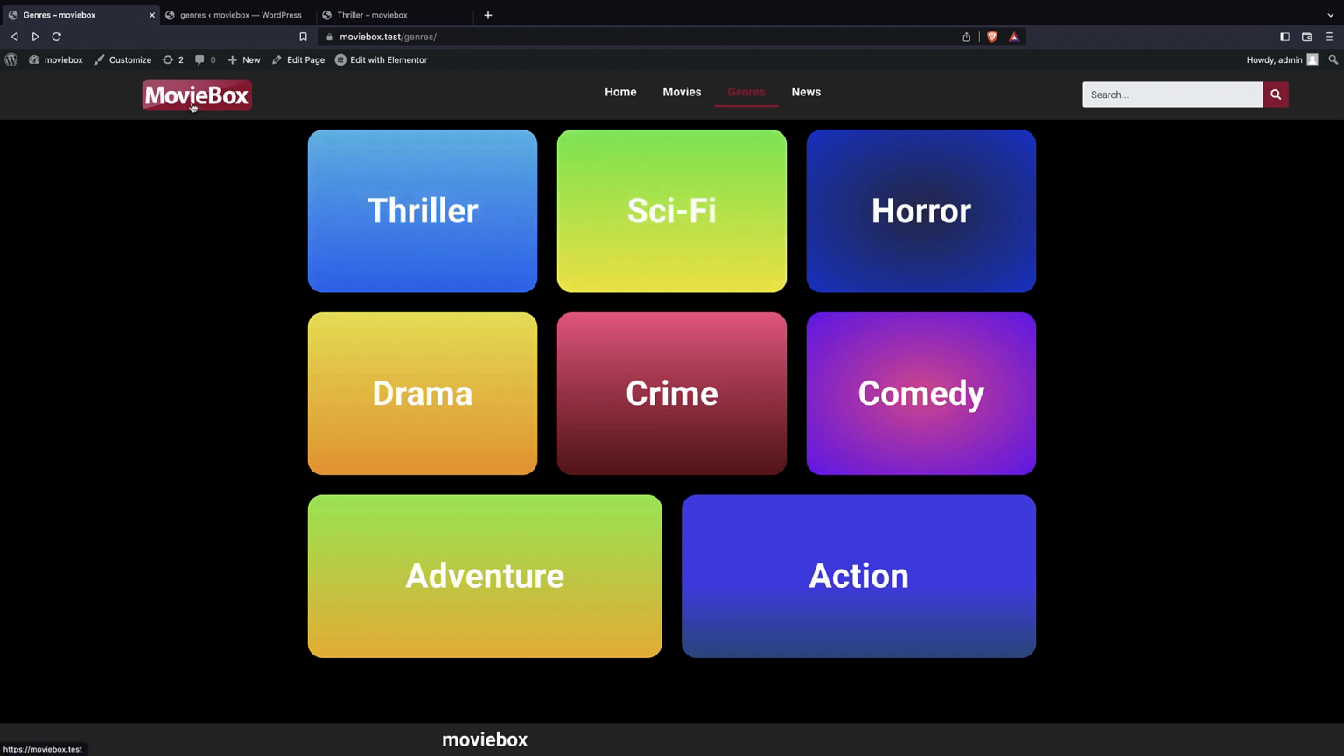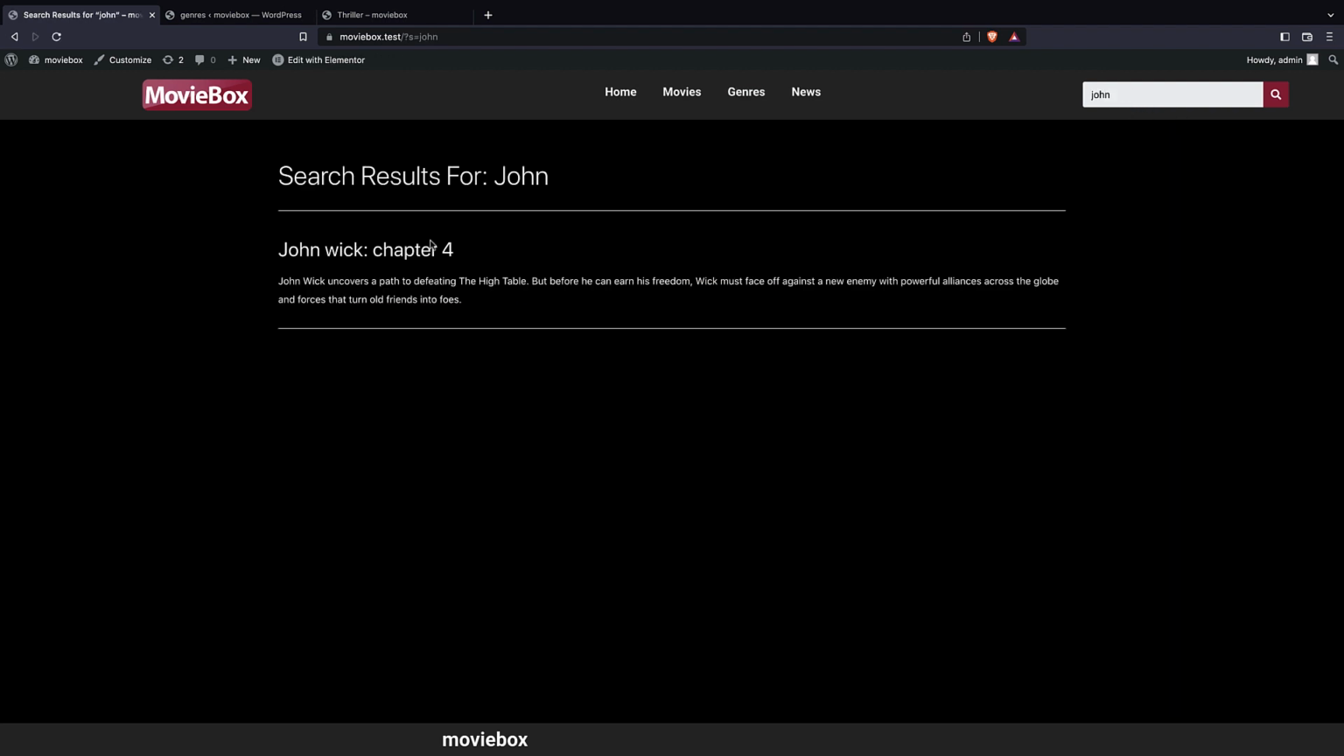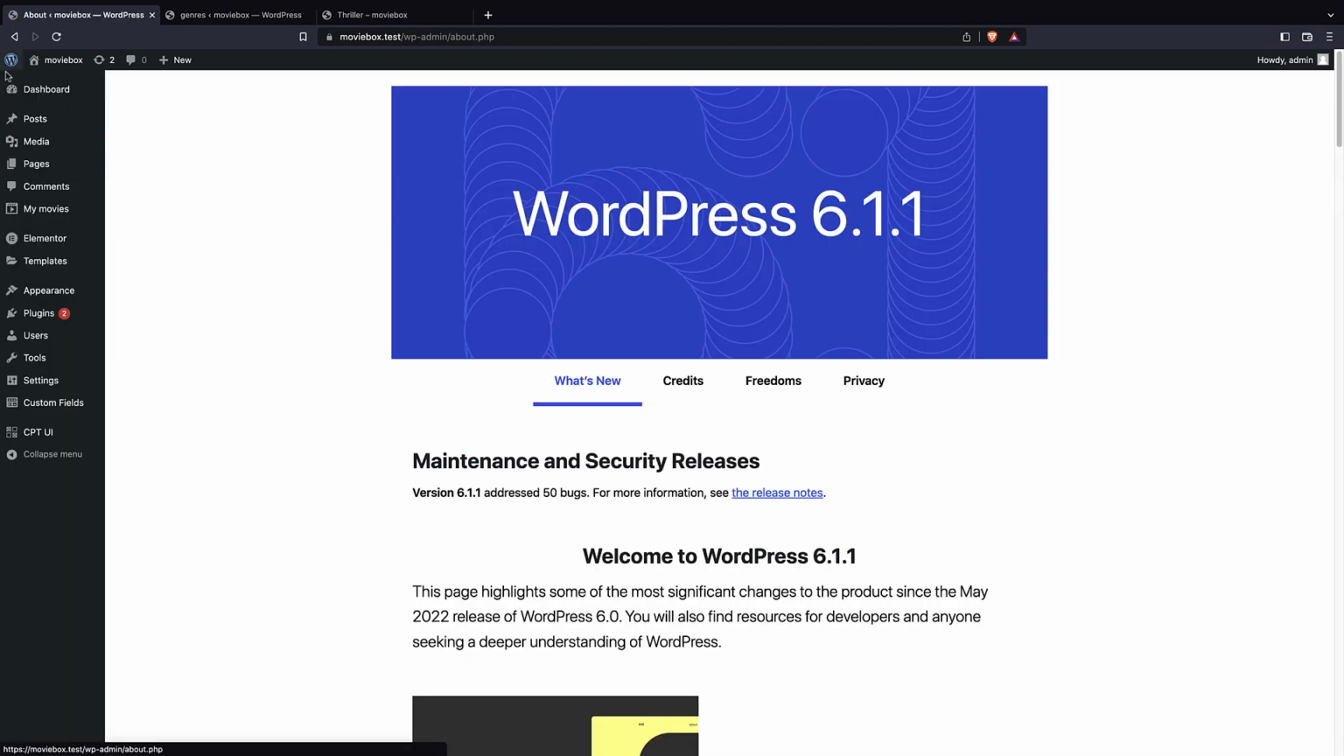So we have it. And also for the search bar, if I just search for John, for example, you can see that we have this basic search. This is because we haven't created a template yet for our search page. So this is using the default search page, but we can just do it very quickly. So I can just bring templates and theme builder